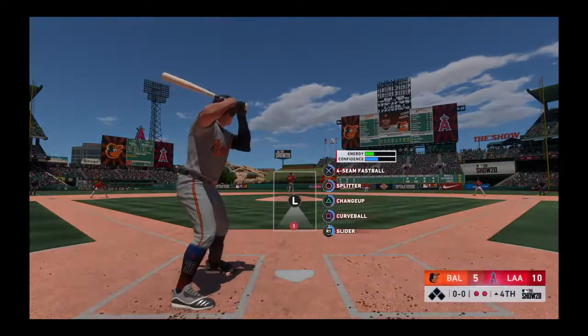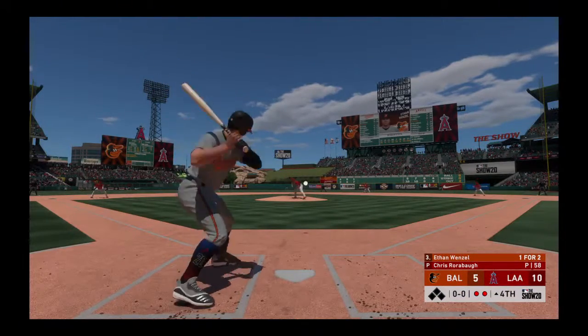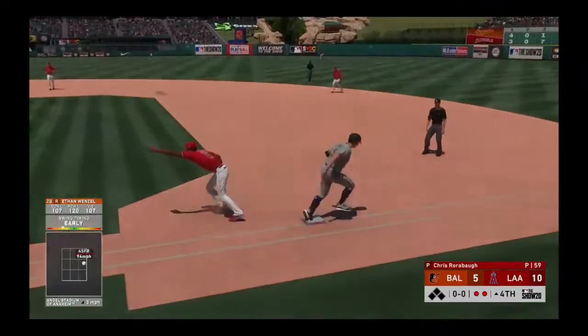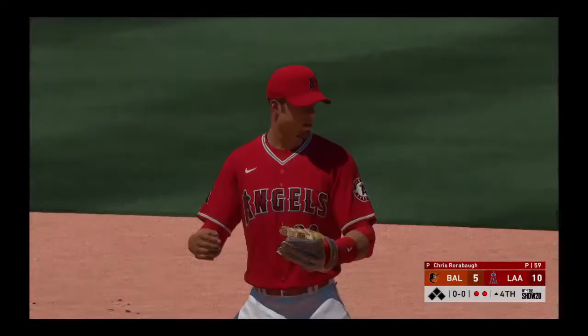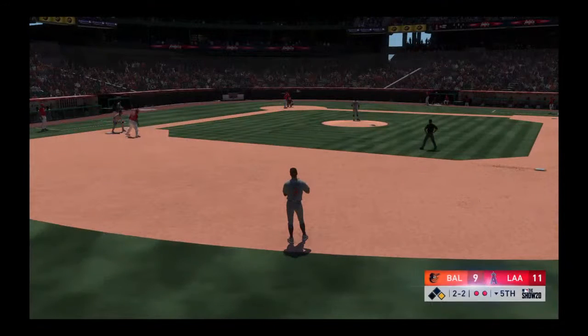Now to the plate, Ethan West. He comes in 1 for 2 with that home run he hit earlier. Hot shot on the ground to short. He's right there. Throw in the dirt, but a good scoop at first saves an error as